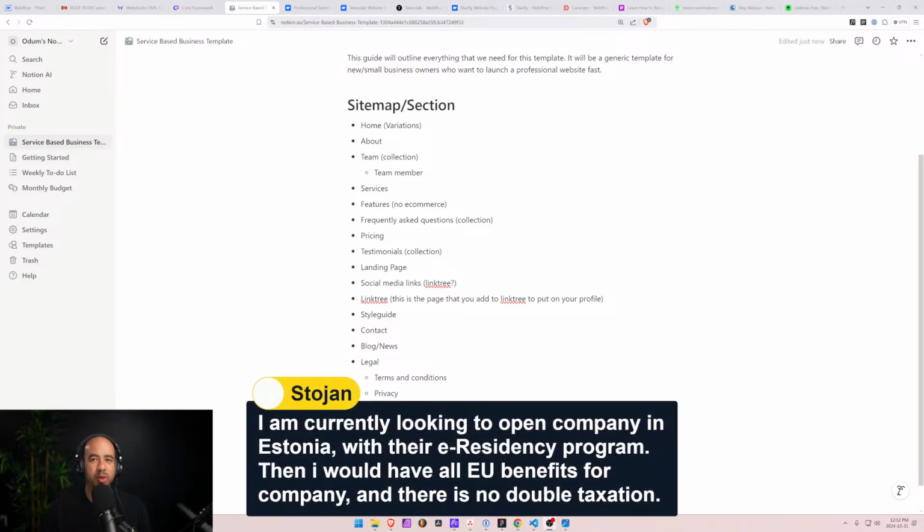Currently looking to open a company in Estonia with their e-residency program. Then it would have all EU benefits for the company and there's no double taxation. Yeah, this is